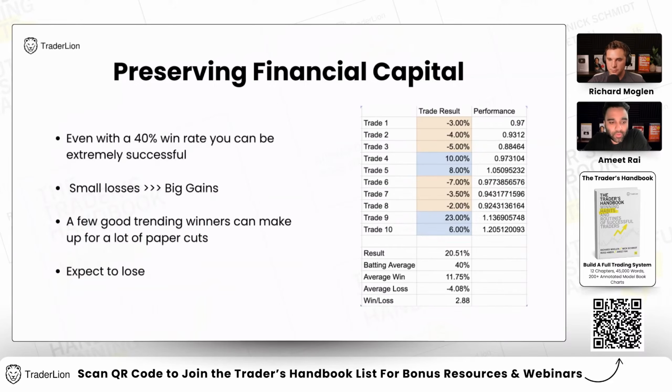Yeah, there will be a lot of frustrating times where even in the 10 out of 10 trades type of example, you just are stringing together losses. Now, just imagine that each of those losses were more than 7%. You're digging a bigger hole that you have to climb out of. And it gets infinitely harder to do that because you'll need a ginormous winner to get you out of it all at once. And that's the mindset that traders start to take after they accrue a series of losses in a row.